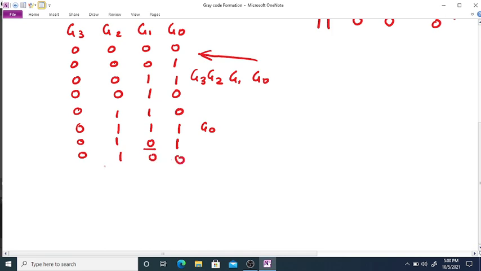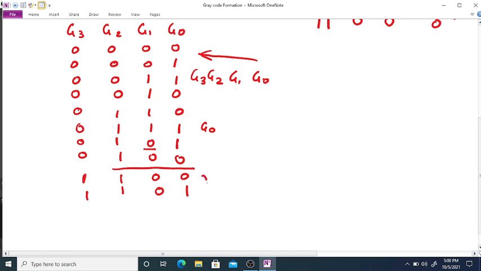Now here the combination of 3 bits is completed. Now we have to change the 4th bit, that is the G3 bit, and again we have to repeat this process. Now we have to keep these bits as they are. Then 1 1 0 0, then 1 1 0 1.